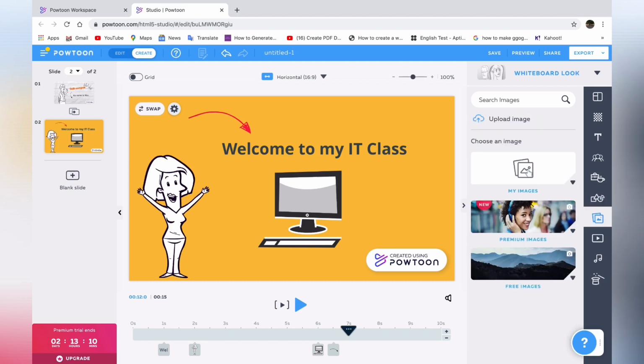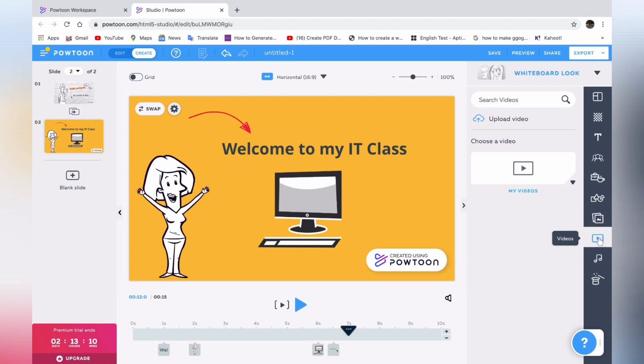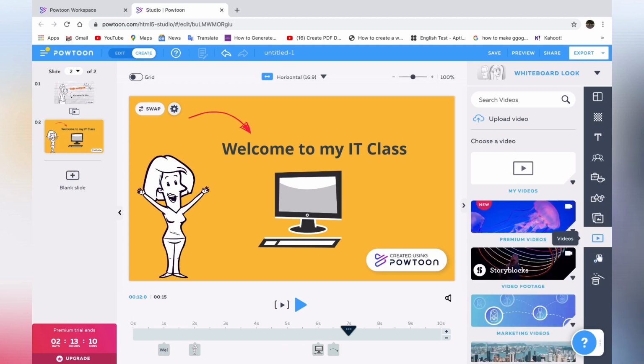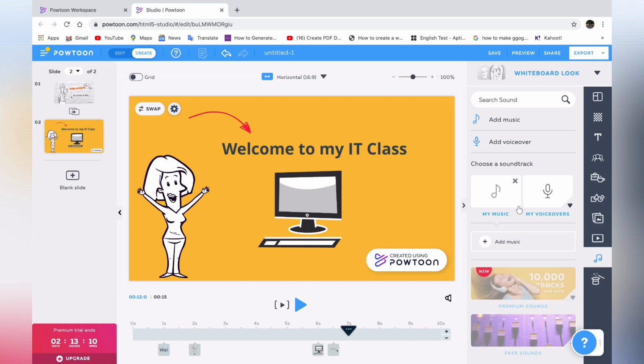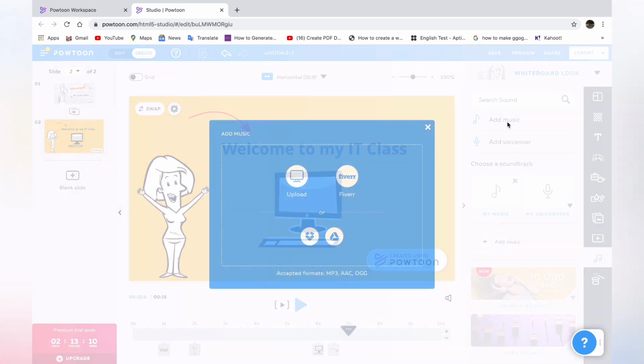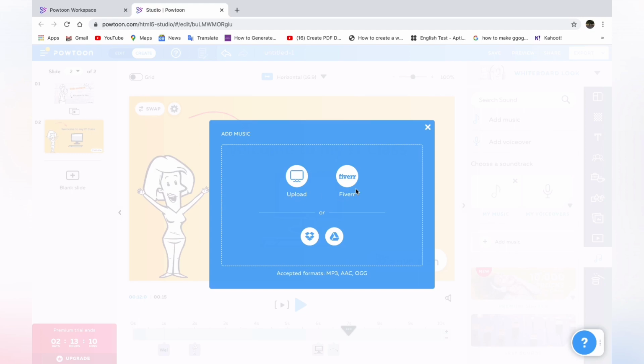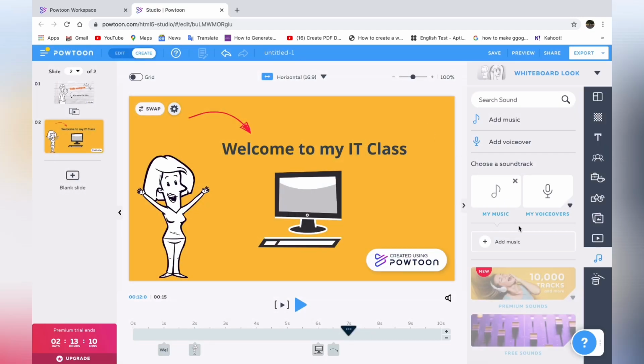Now if I want to add some images, I can click on image option and I can add image, video, or I can also add some music. So you can choose the option that you want, or you can also upload the music or video from your computer.